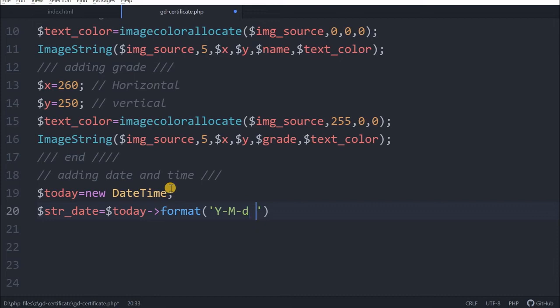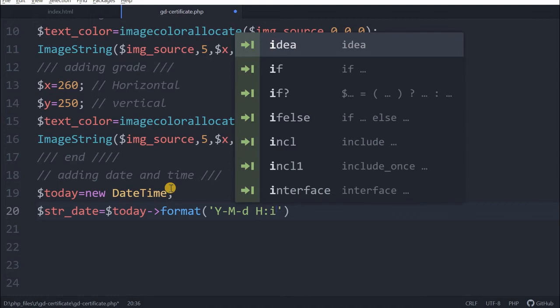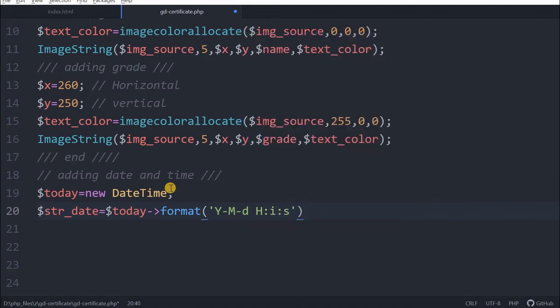If you want to change the format, change it. So I am giving H. H means hour, I is minute, S is the second. So that's all. You just change the format the way you want. These six things you can change, and that same format will be used. Now it's time to print it.